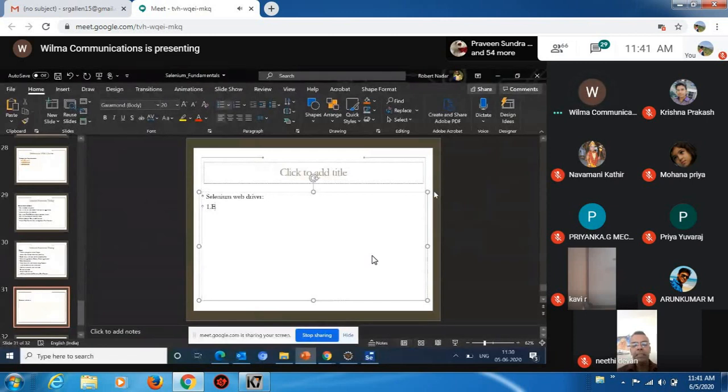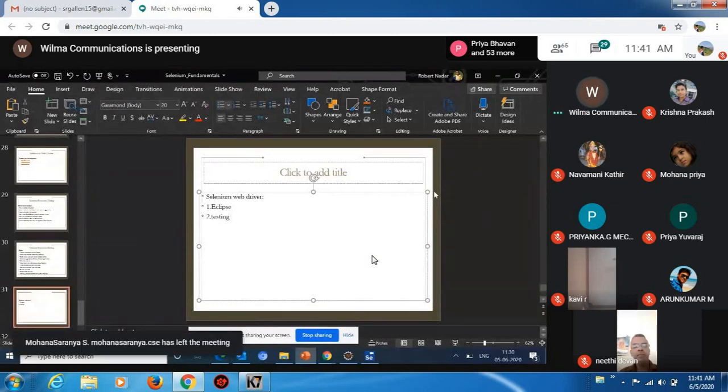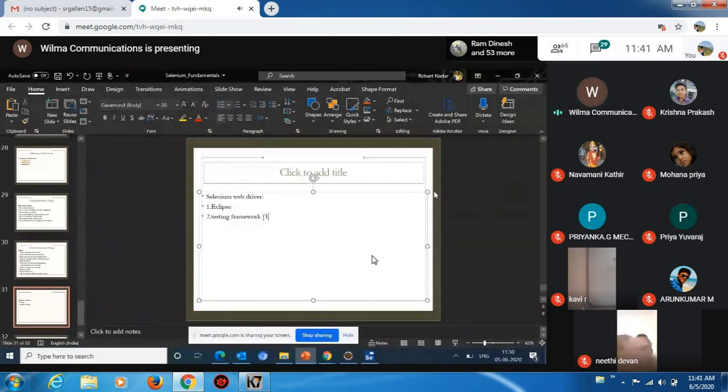First, we need Eclipse. Second, we need a testing framework. Here we are going to use the testing framework called TestNG. TestNG is the framework. Third, we need to select the browser.